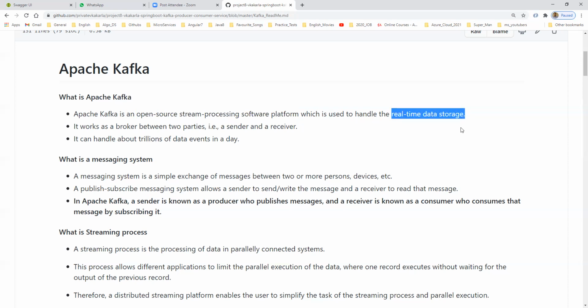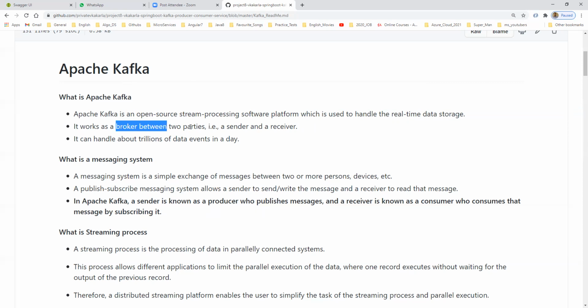So all software companies use it to stream data. Whoever wants to stream bulk data can use Apache Kafka. This is an open source stream processing software platform.